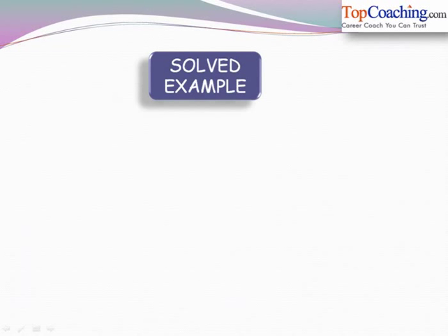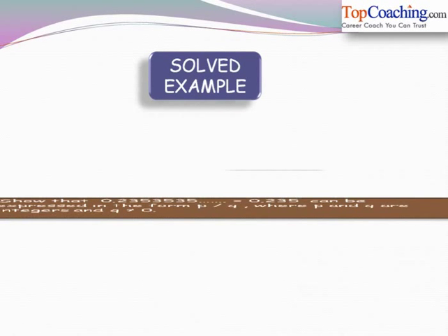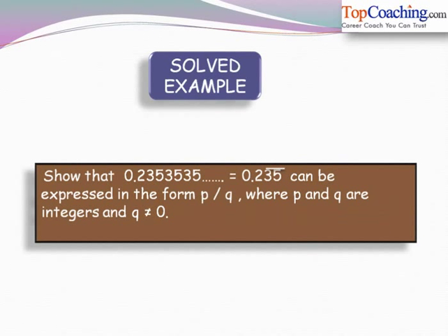Now let's try to see a solved example. Show that 0.2353535..., which is equal to 0.2 with a bar over 35, can be expressed in the form of p by q, where p and q are integers and q is not equal to 0. So this problem is nothing but we have been given a number